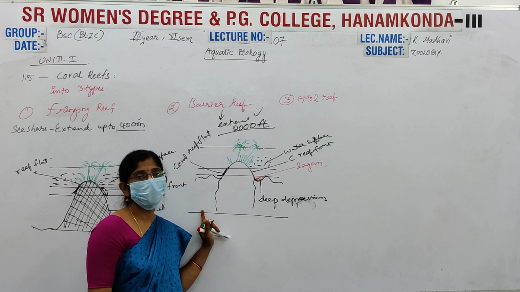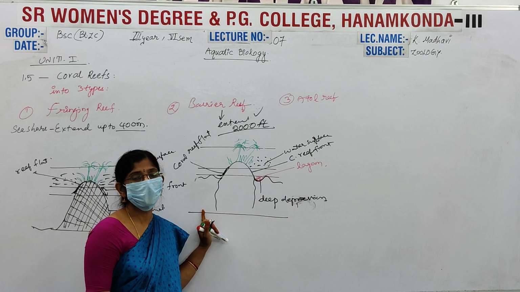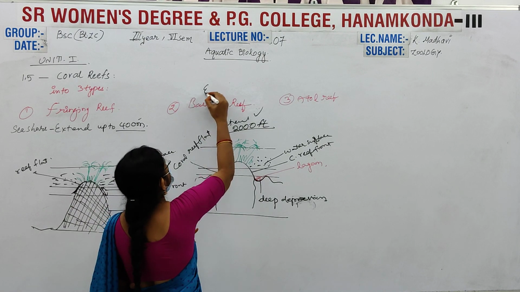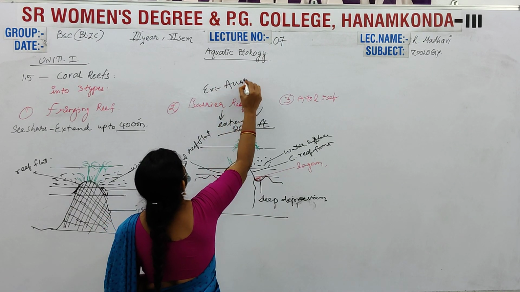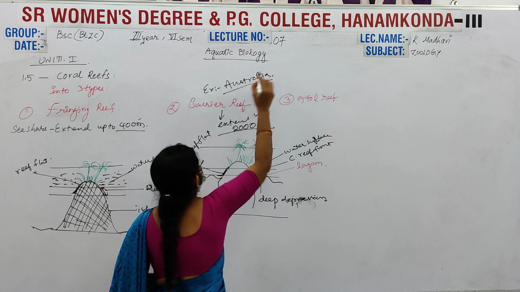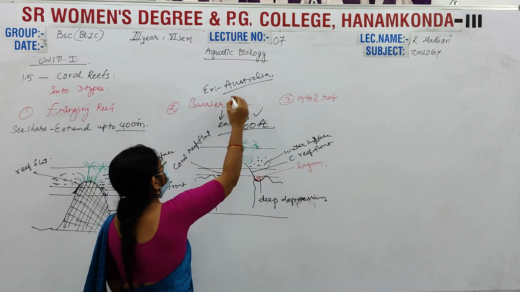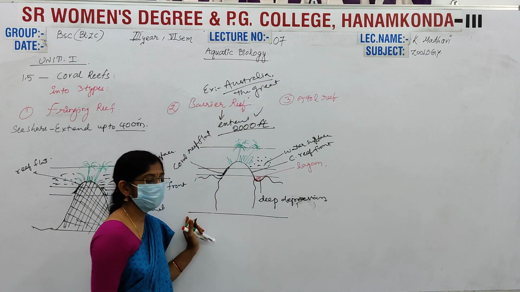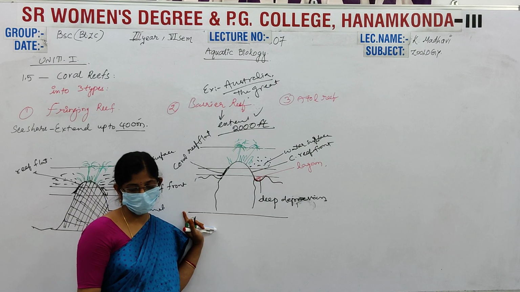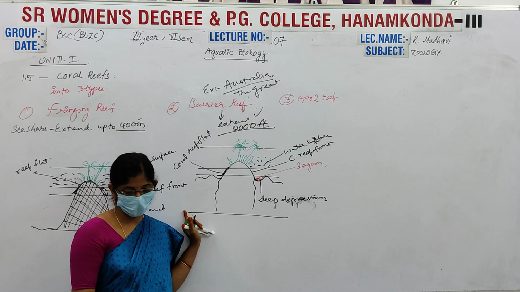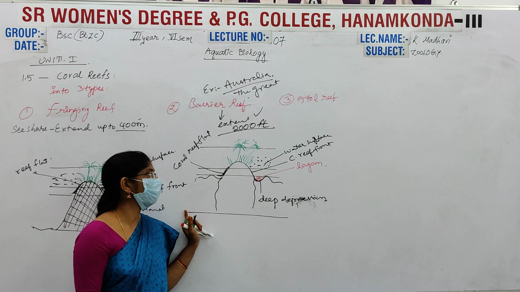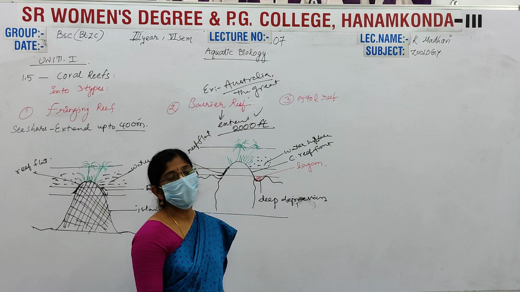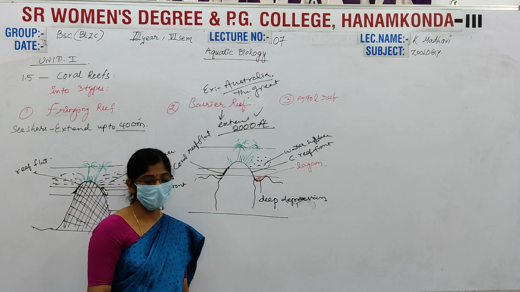I give a best example: the Great Barrier Reef is present in Australia. The best example of a barrier reef is the Great Barrier Reef, Australia. And next here the barrier reef front and water surface, and here the lagoon is present. What is the importance of the lagoon? How is it formed? What is the depth and width of the lagoons?